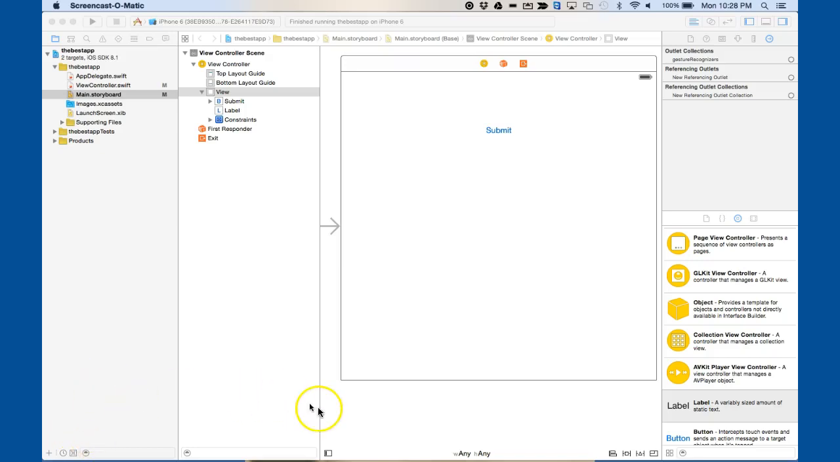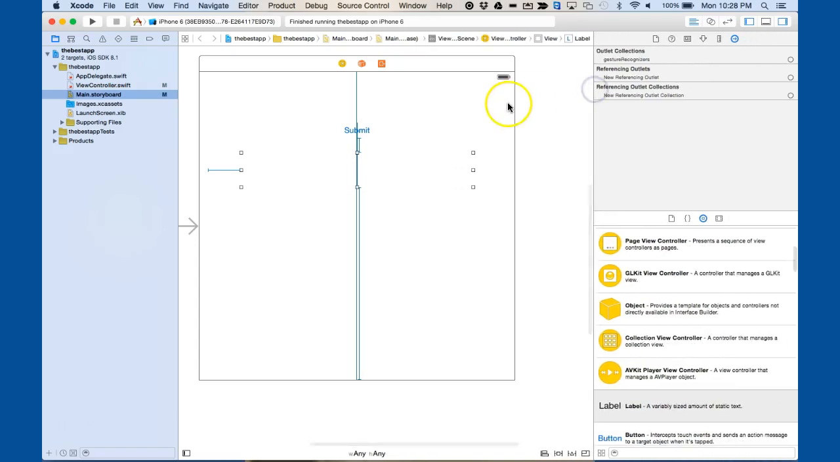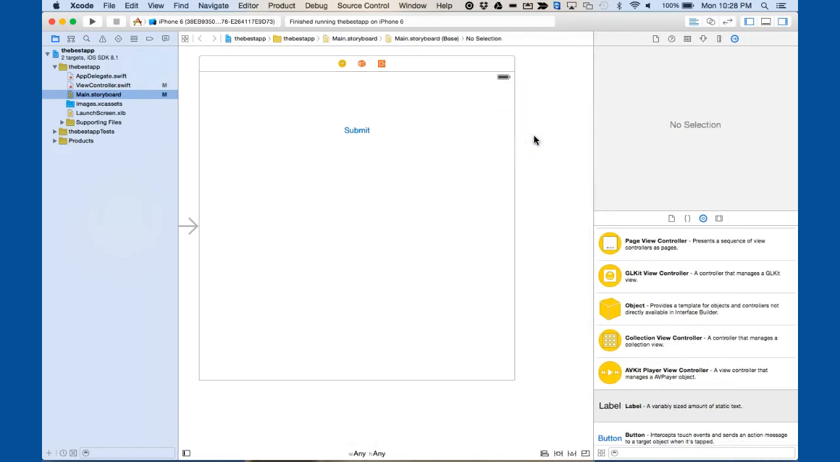Okay, there's going to be times where you cannot control-drag an object on your form view into your code to do a connection, an outlet, or an action. So I'm going to show you here in this video how to do that. And most of those times when you can't do it is when you're remoting in with TeamViewer or some VNC